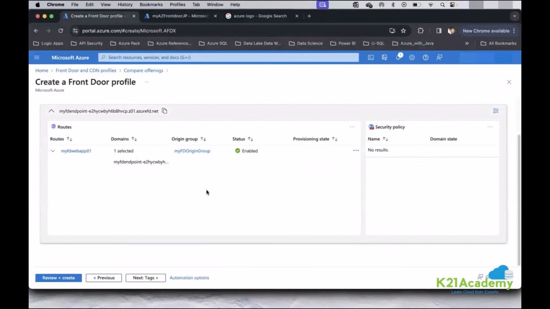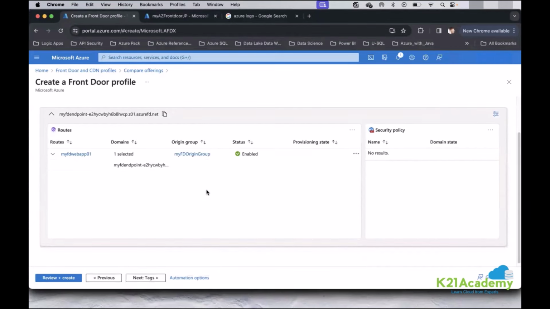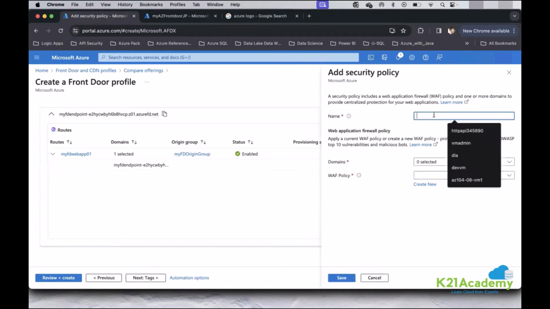So this activity basically showcases that when you are planning your endpoint policies and routing policies, you will be able to go ahead with those options and plan it over here. Now there is an additional option available called add policy. So here I can consider the policy mapping as well. This policy is more about your web application firewall policy for one or more domains in the profile. In case you wanted to provide any additional policies over here,